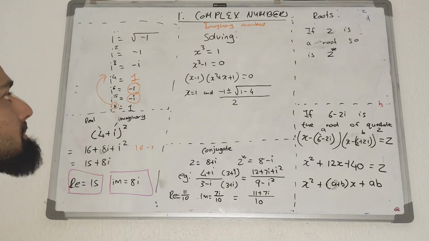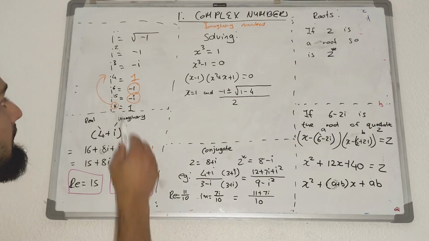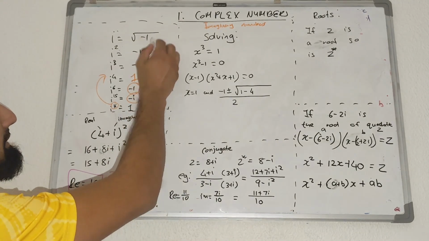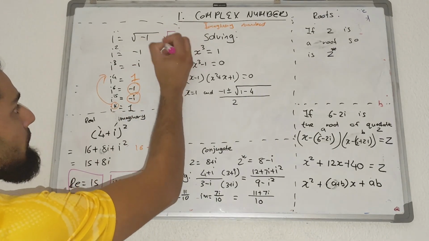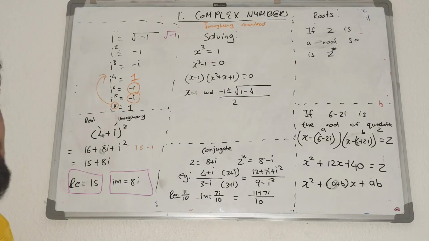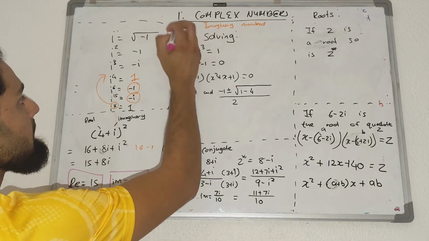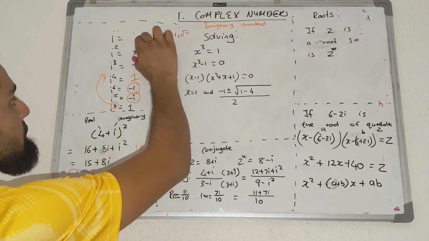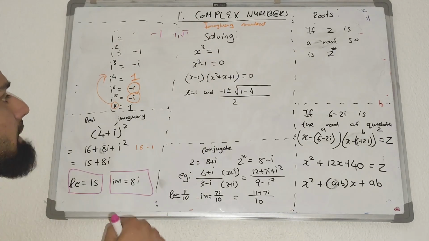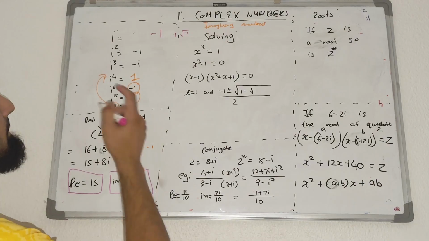Also hope you're quite comfortable with the fact that i is the square root of -1. i squared becomes -1 because the square root of -1 times the square root of -1 is -1. i to the 3 is -i. The reason for that is that you put another -1 over here. This part over here now becomes -1, and you have -1 times the square root of -1. But I've already said that that's going to then be,